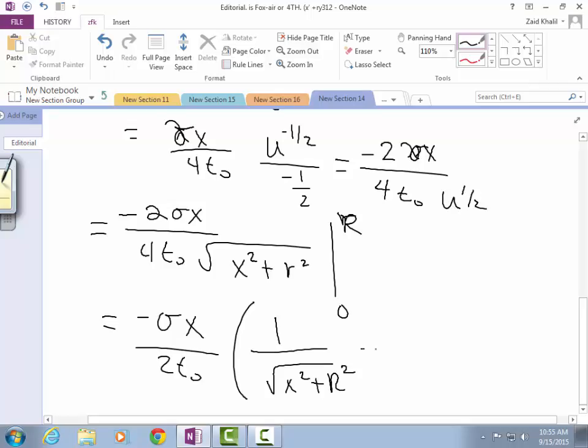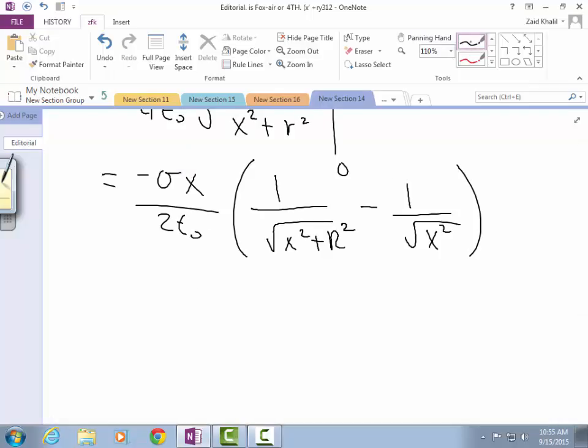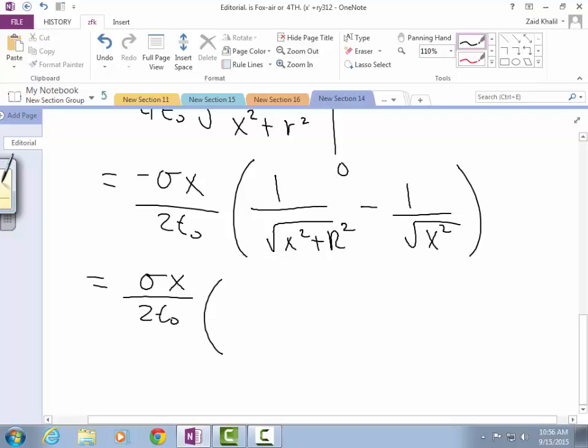minus what? 1 over x squared. 1 over the square root of x squared. That's right. And so I can take a negative out, and this becomes sigma x over 2 epsilon 0, 1 over x minus